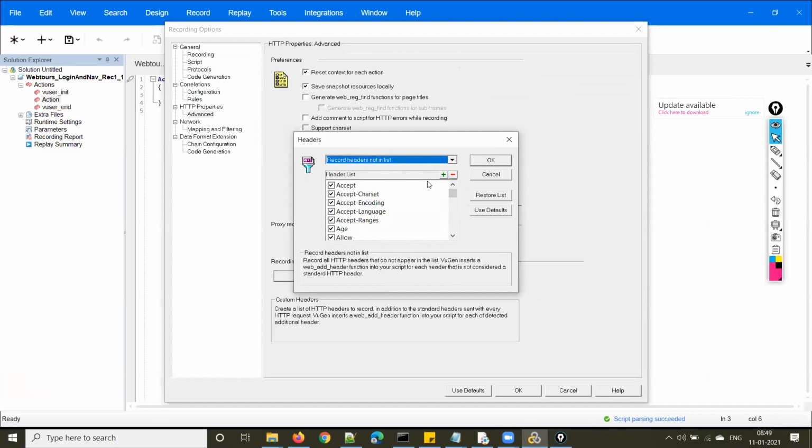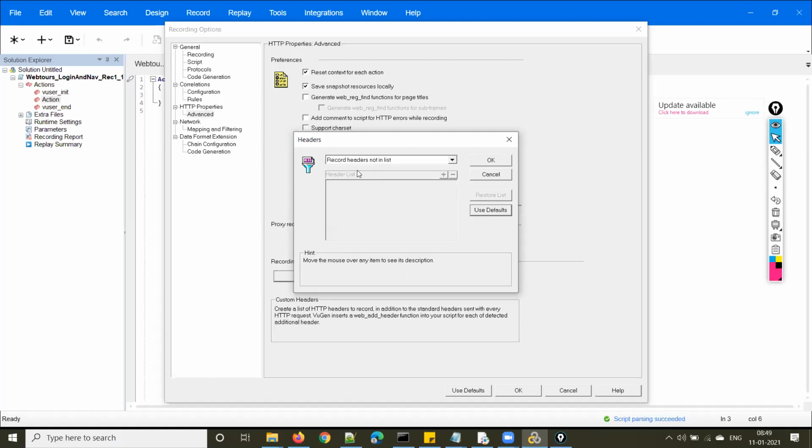LoadRunner uses, every window has this button called use defaults. So if you click on use defaults, it will select the default one. Got it? Record headers not in the list, that is the default one.